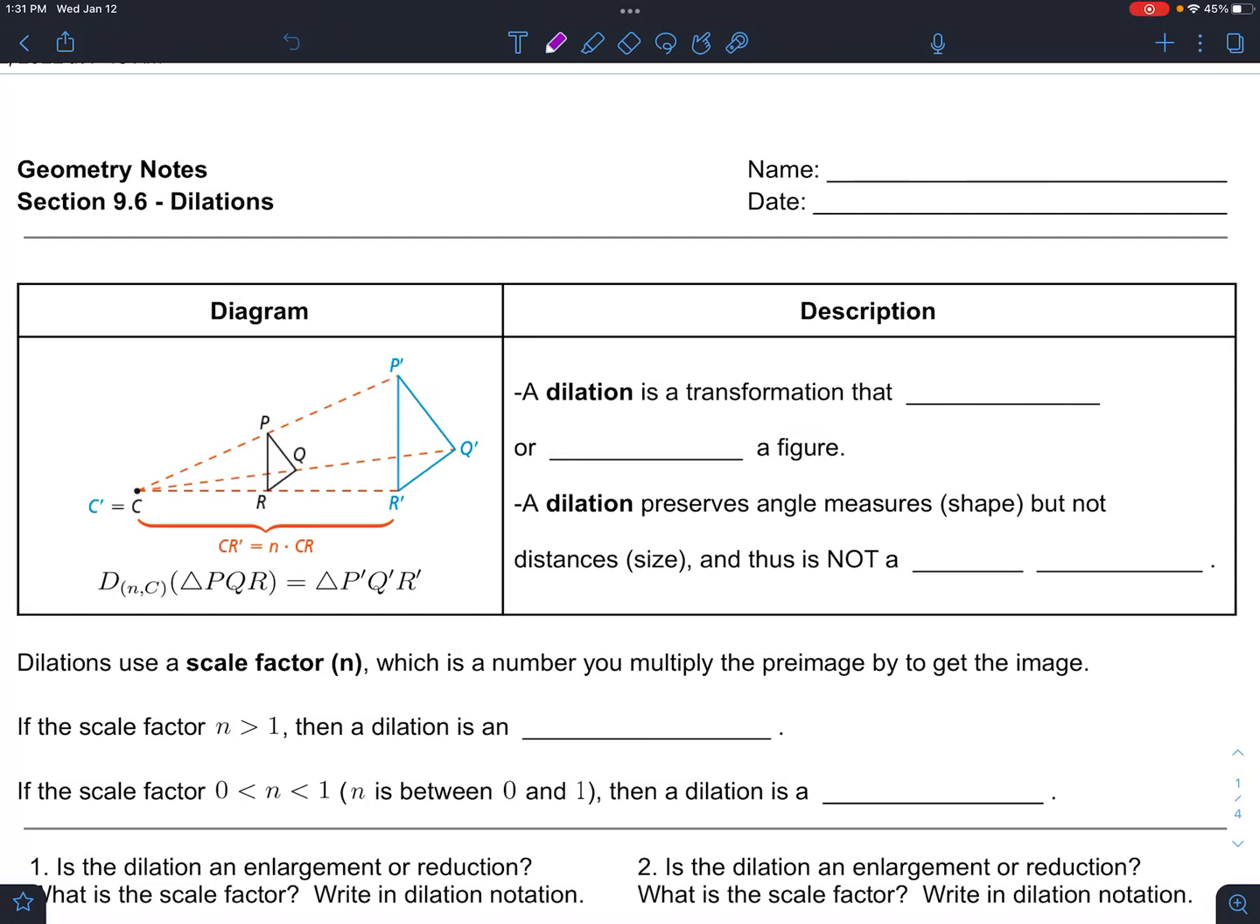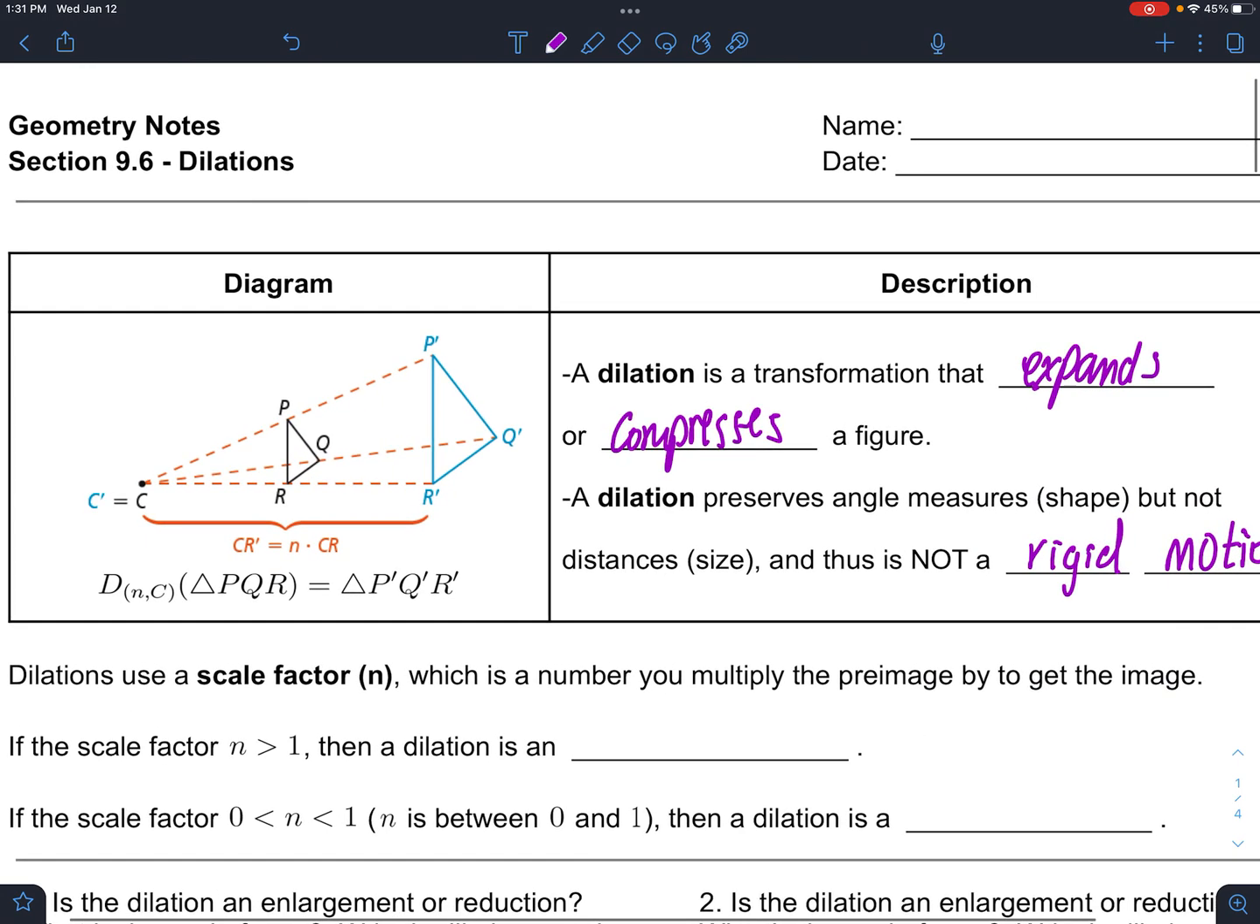All right, we're going to talk today about dilations, which is our fourth and final transformation. So, dilation is a transformation that expands or compresses a figure. So it kind of goes without saying, this is not rigid,